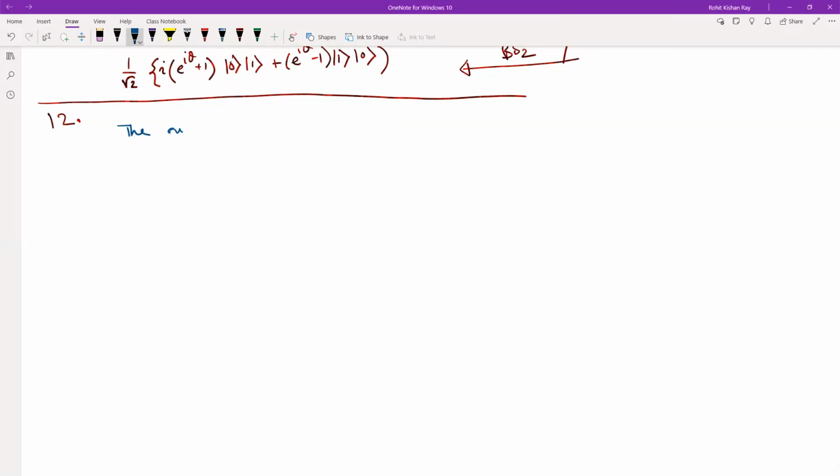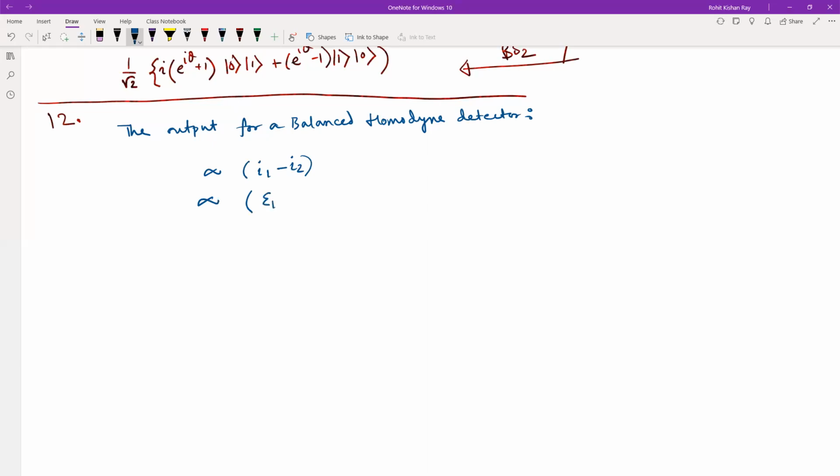The output for a balanced homodyne detector is proportional to this intensity profile, which we can write